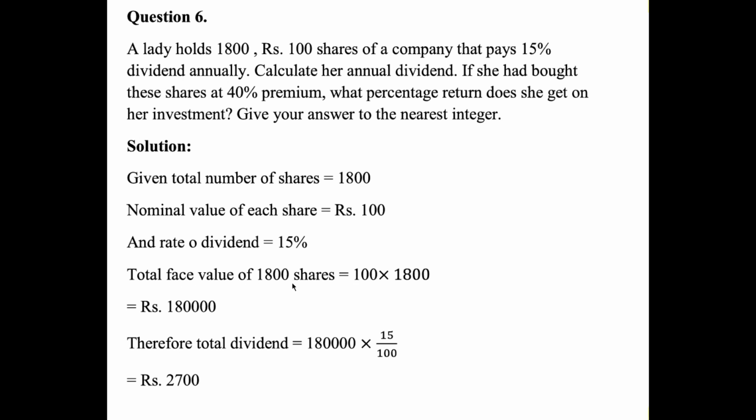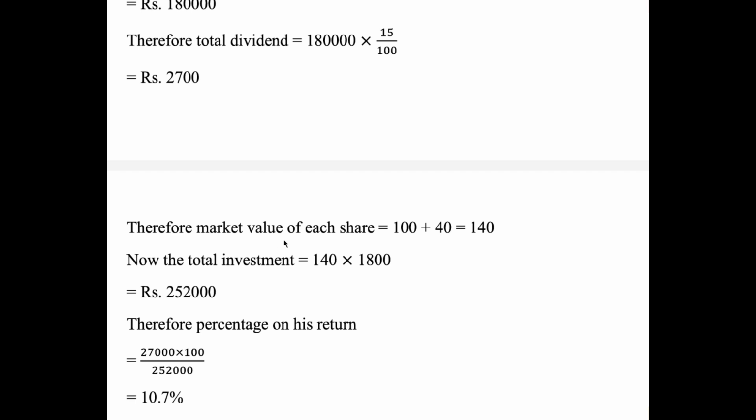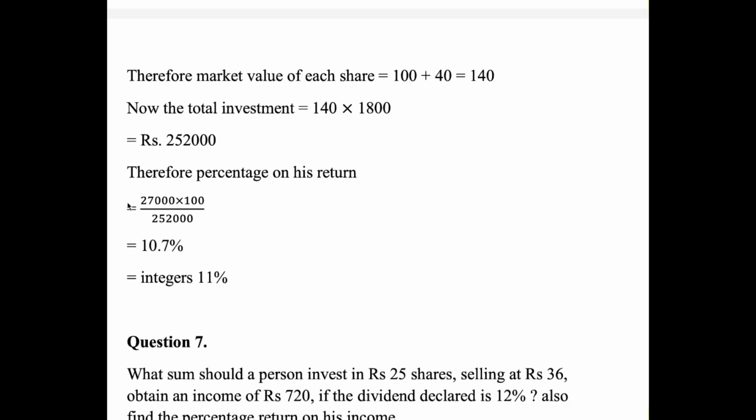So total face value of 1800 shares, 1800 into 100, that is 1,80,000. Total dividend, 1,80,000 into 15%, that comes to 2,700 rupees. Therefore the market value of each share is 100 plus 40, 140. Now the total investment, 140 into 1800, comes to rupees 2,52,000. Therefore the percentage return is 27,000 into 100 divided by 2,52,000, that comes to